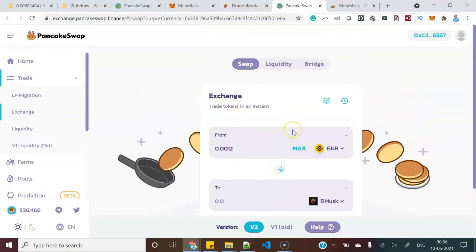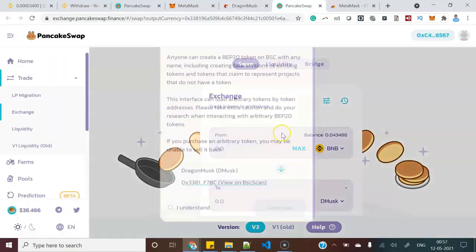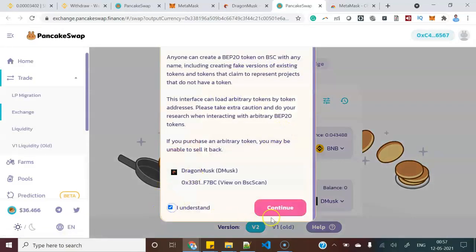Still something is creating problems, maybe due to a network issue. It should give the equivalent value of the Dragon Marks by spending the Binance coin. Let me just do a refresh.